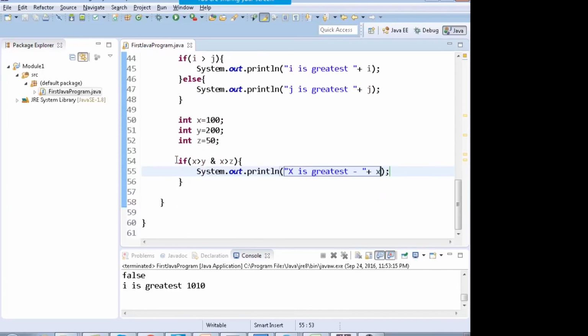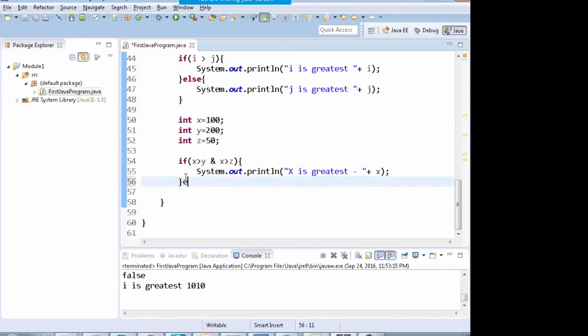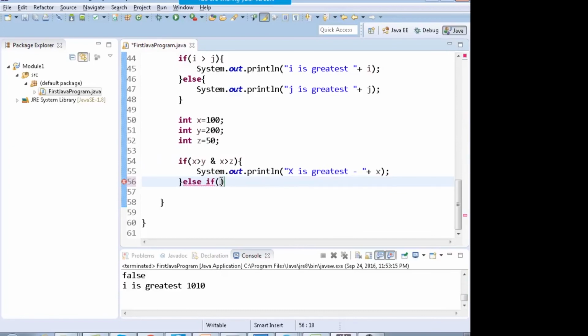Now if this condition is not successful, that means x is not the greatest. Either y is greatest or z is greatest. So in the else block, you can write else if, nested else if. This is known as nested else if. Else if y is greater than z, then that means y is greatest, and you print the value of y as well.